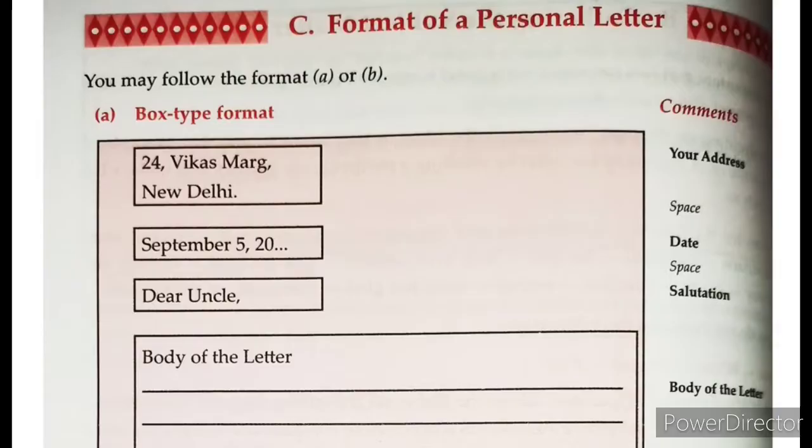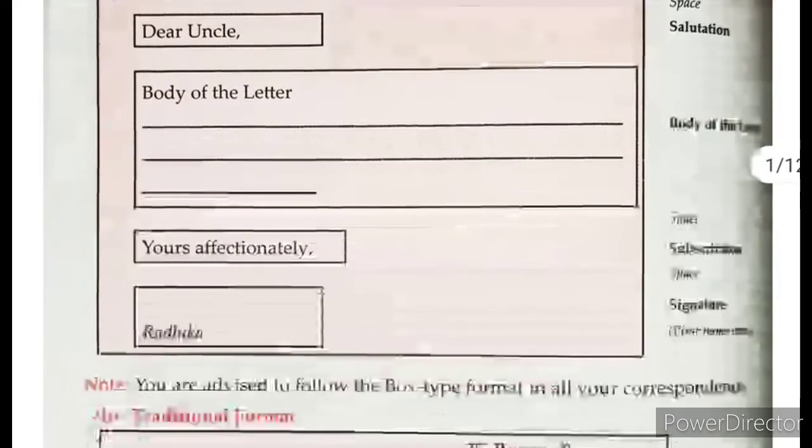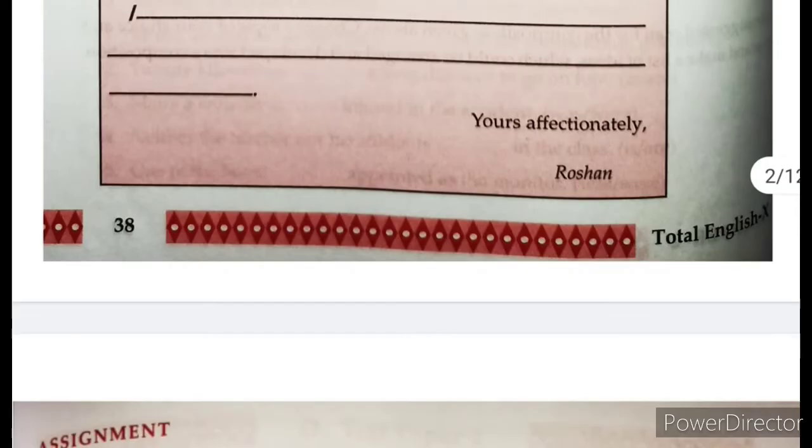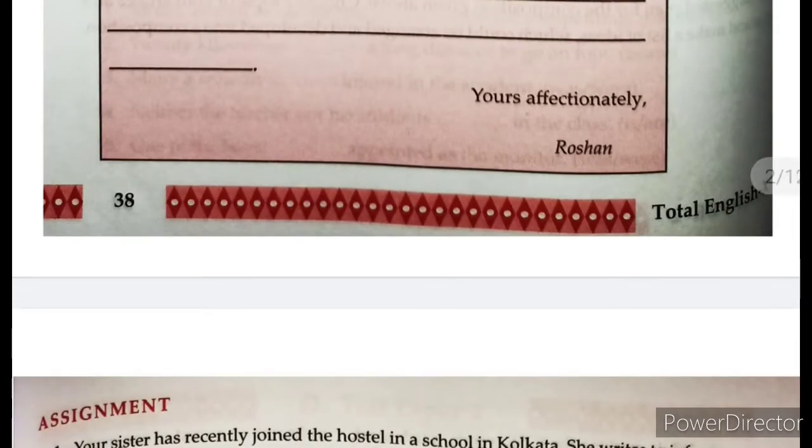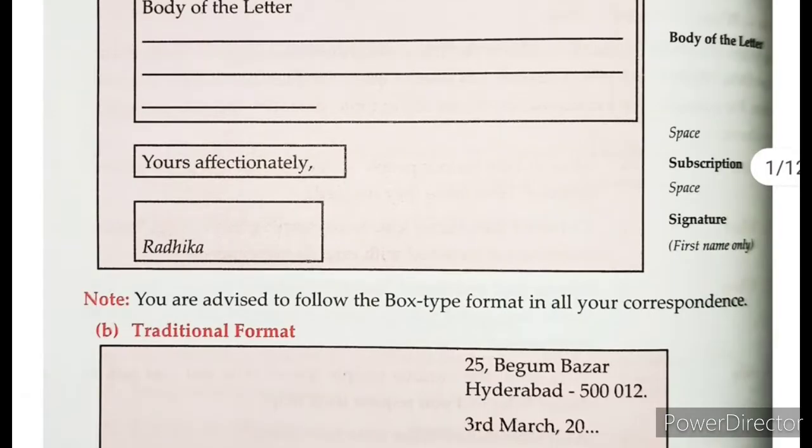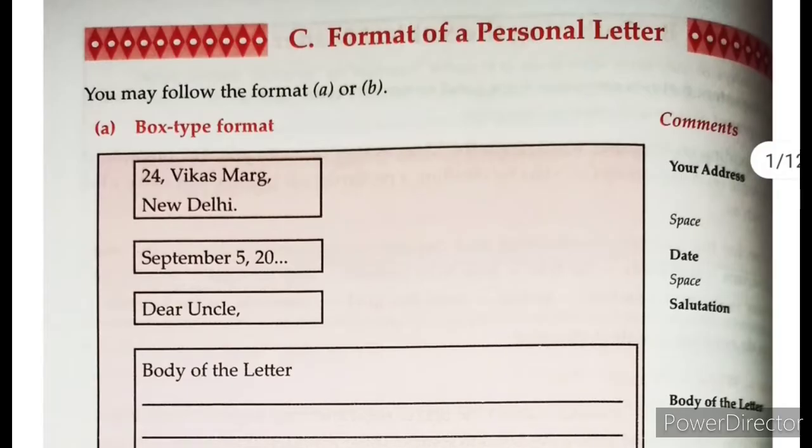different types of letters. So all of you please take out in your textbook page number, the very first page number, that is page 38 for class 10, and for class 9 you can just watch the screen as I explain. So you can see that the format is given here in the box type, that is, it is the box type format. So first is you have to write your own address.